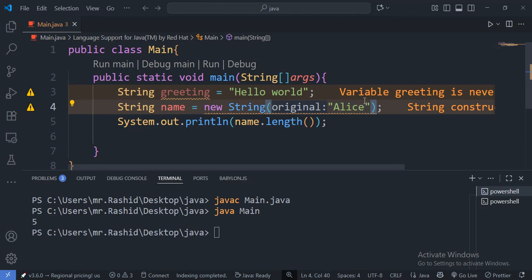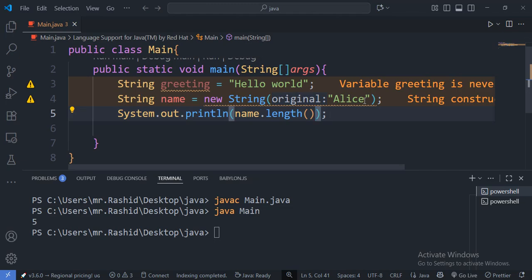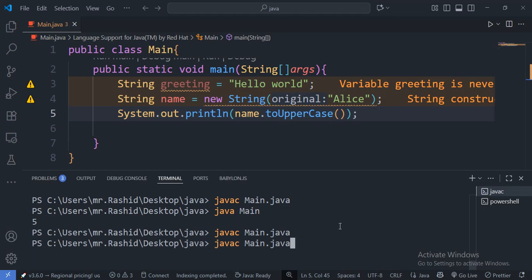We can also convert to uppercase or lowercase using these methods. For example, let us try name dot toUpperCase to convert to uppercase. We use the toUpperCase method. If we save and then compile our program, let us compile and then try